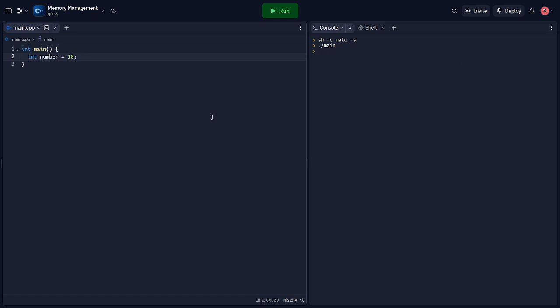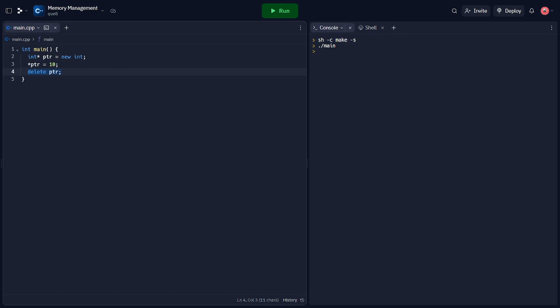Now let's look at how we can use the heap for dynamic memory allocation. So in this example, we allocate memory for an integer on the heap using the new keyword. The size of this memory can be decided at runtime, hence it's called dynamic memory allocation. We also need to deallocate this memory using the delete keyword when we're done with it to avoid any memory